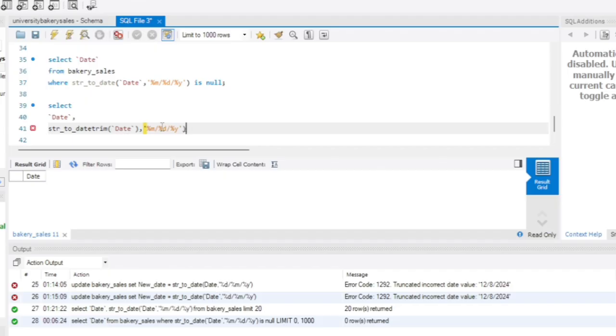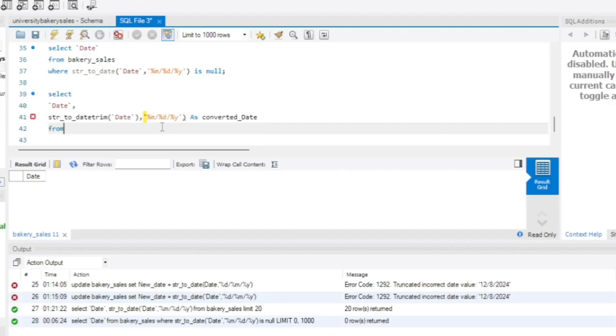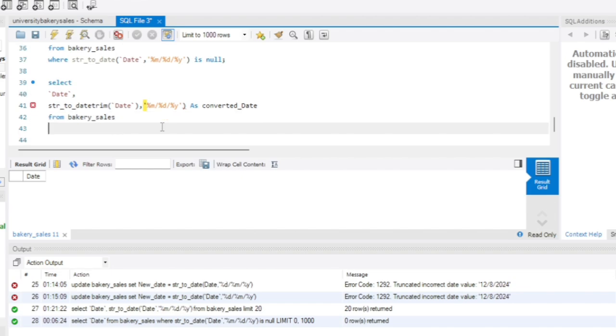Now we will name them as converted underscore date, okay, and then we come down here, from bakery underscore sales, okay, and then we still come down here, we put where,